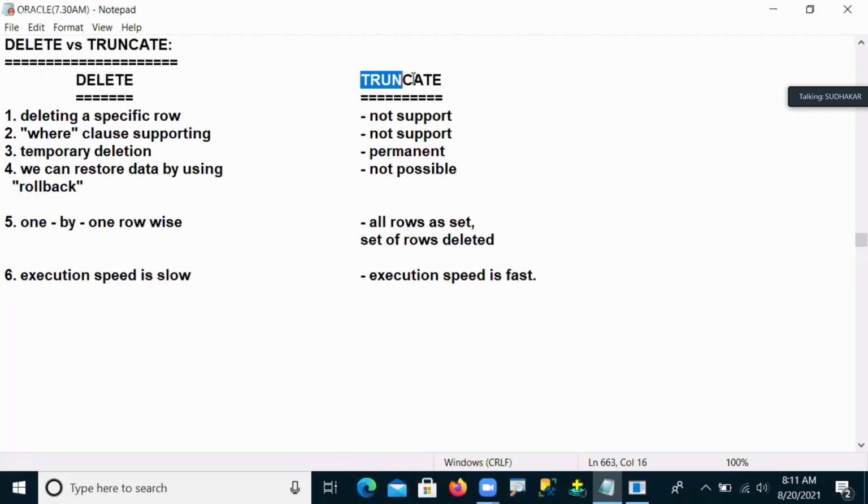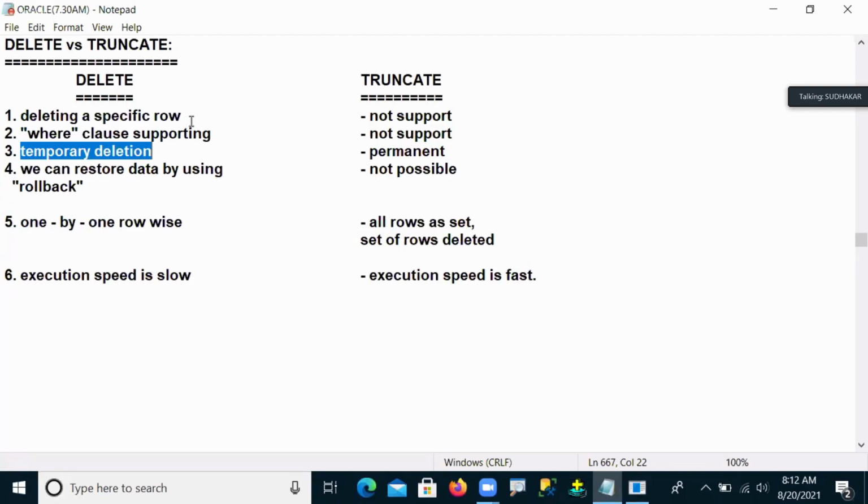So in place of the truncate command, generally 90% of people use delete. Why, sir? Because delete has advantages. A specific row can be deleted, it supports where clause conditions, and one of the best options is this: suppose, fortunately or unfortunately, the user deletes your data, we still have a chance of restoring it. Suppose unfortunately you deleted your data by mistake, even then I can roll back the data, that means restore it. So that is the advantage here.